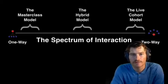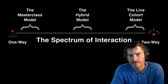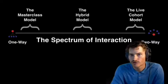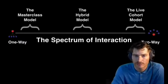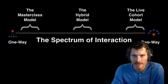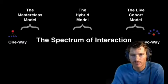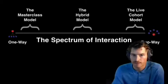The hybrid model there in the middle, kind of in between no interactions, one-way interactions, and the two-way interactions, these really vary a lot, right? It's really difficult to nail down where they are on the one-way or the two-way interactions. But the hybrid models, depending on which school you look at, are anywhere from 20% completion rate to 60% completion rate. Of course, there are going to be outliers, but it kind of falls in the middle, which isn't that surprising. But as they add more interactions, there's a higher completion rate, which is quite interesting, right? So the more interactions that the students have with the instructor and themselves and other people, like in a live class,